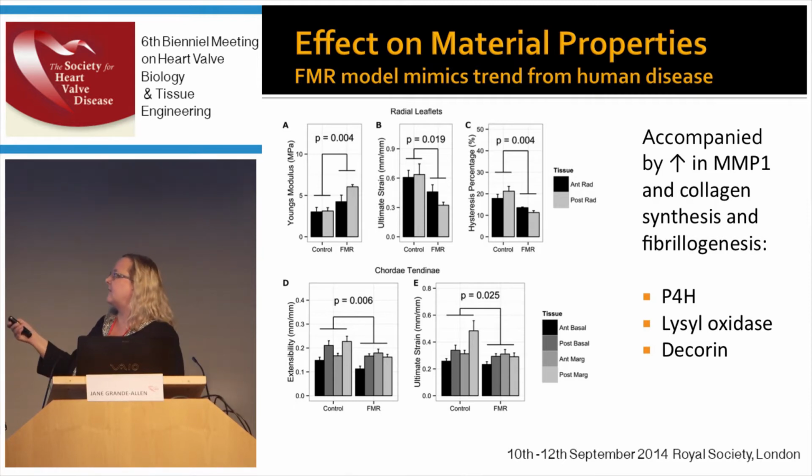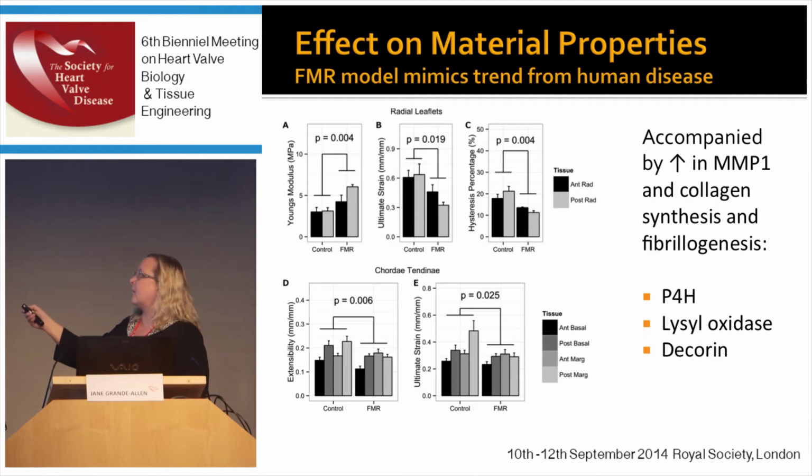And overall, we see that there's a big increase in staining for MMP1, but then also an increase in staining for a lot of collagen synthesis markers and fibrillogenesis players. Prolyl-4 hydroxylase is involved at the early stages of collagen synthesis, lysyl oxidase is involved in cross-linking, and decorin helps coordinate